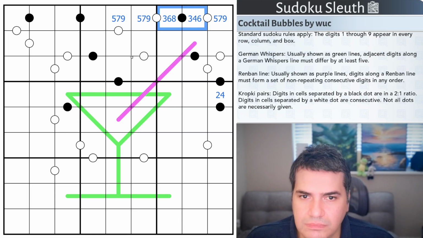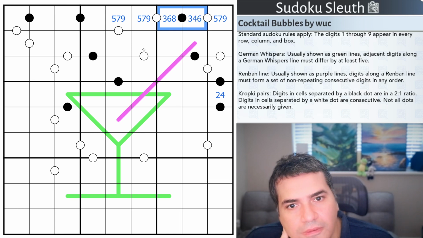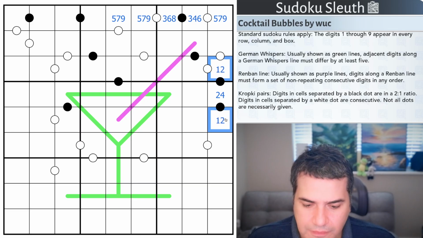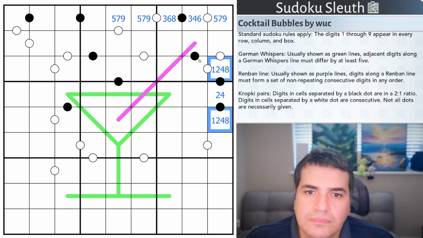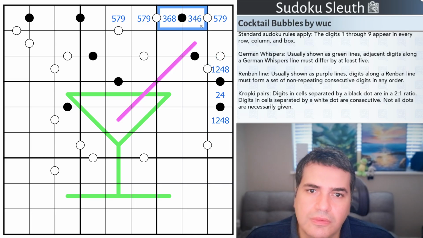Can I see anything else? I'm just having to think about this, actually. We know that these are 1, 2, 4, 8. If this is 8, 4, that would be 1, 2, which will give us direction on this run of 3 black Kropki dots. And in fact, this here,